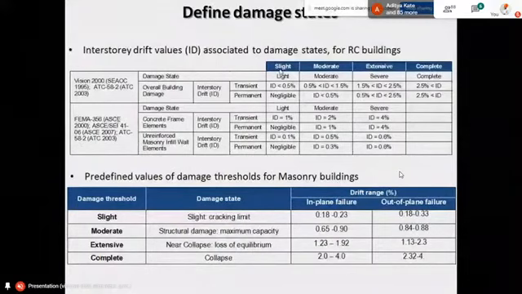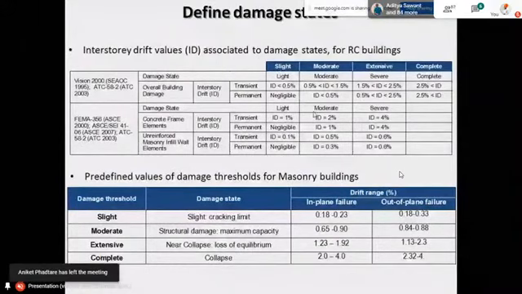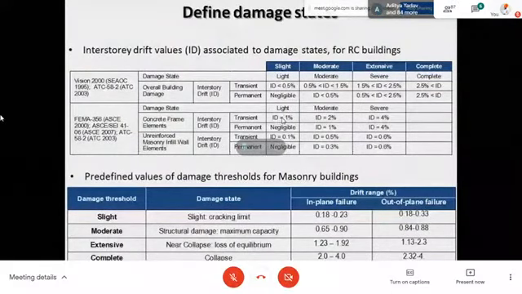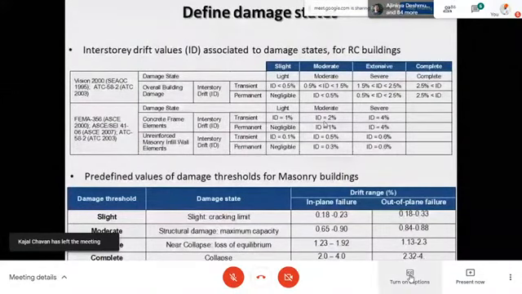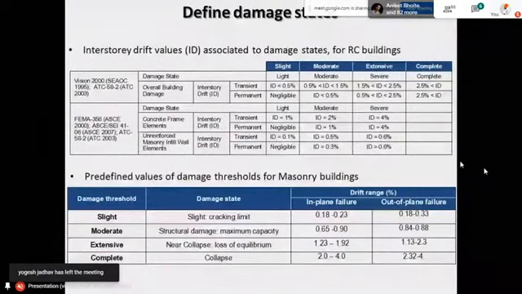Immediate occupancy is said to occur when interstory drift reaches 1%. When interstory drift reaches 2%, it is life safety, or it is called moderate. And when it is an interstory drift,